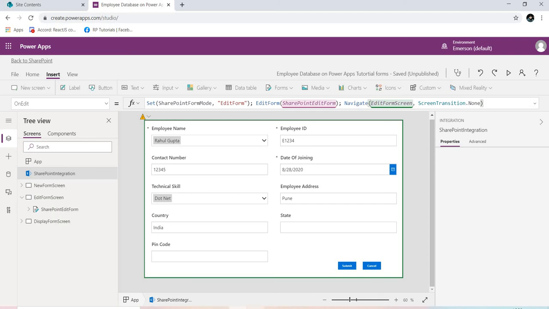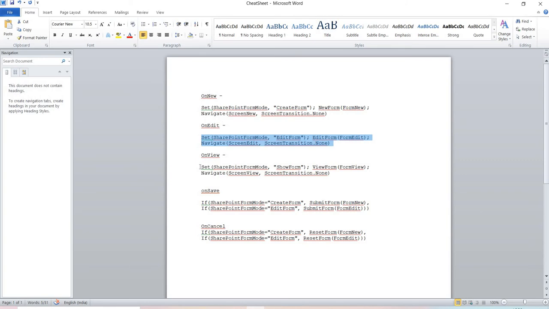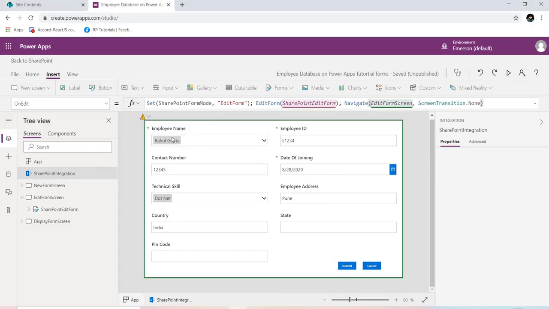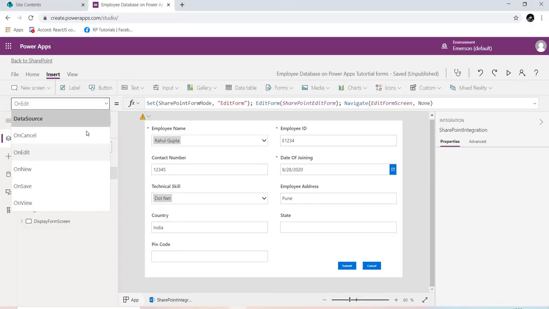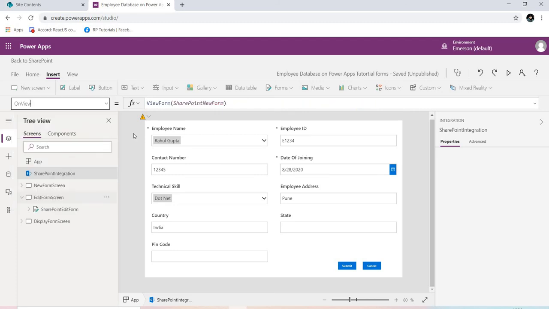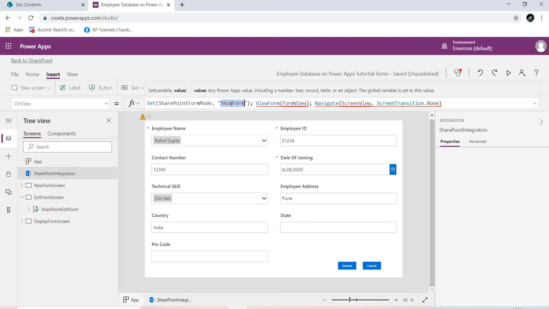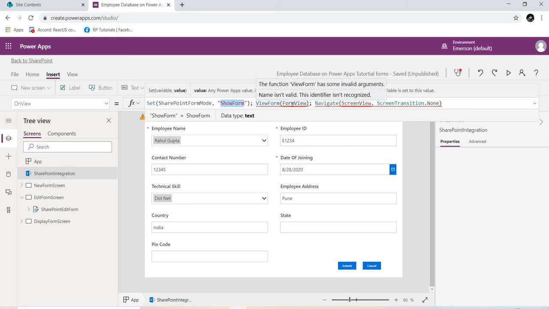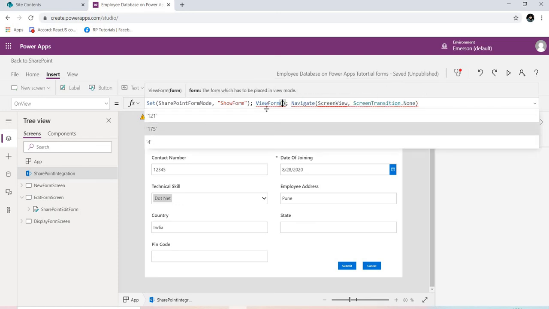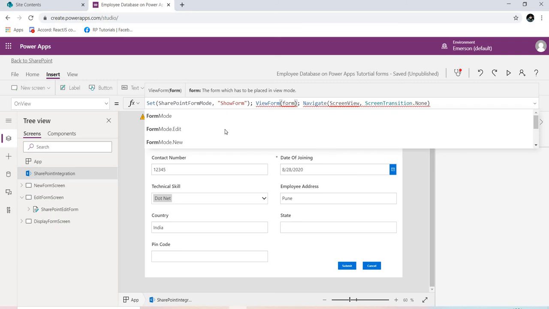Okay, now a similar thing for on view form. I have copied the formula, went to on view. Select here. So this is show form, or you can rename this to view form. You can change it as per your naming conventions. So instead of form view, we will type form.